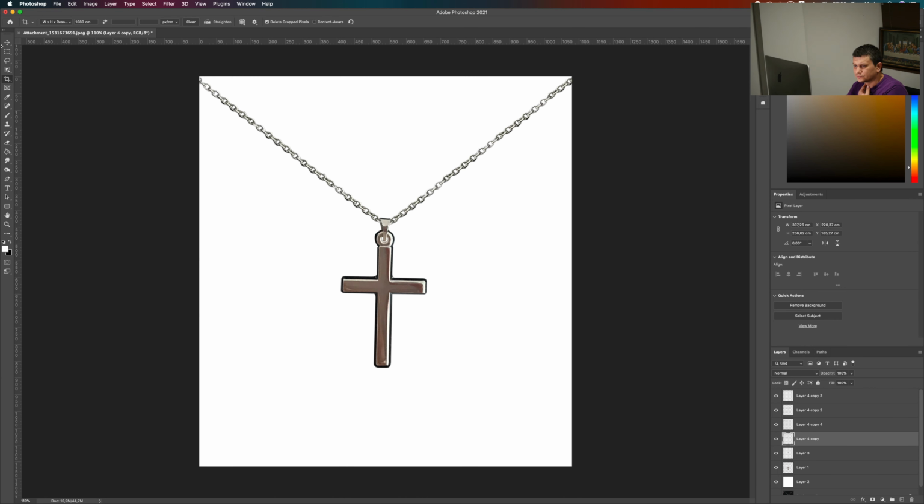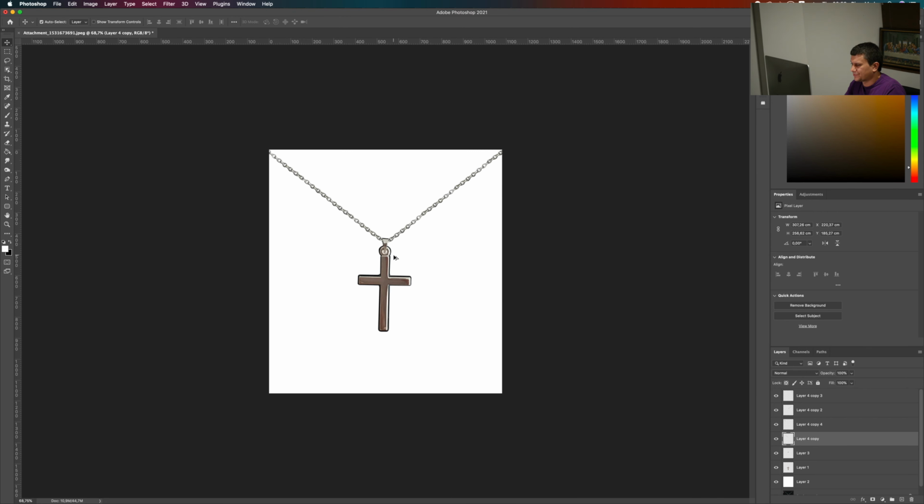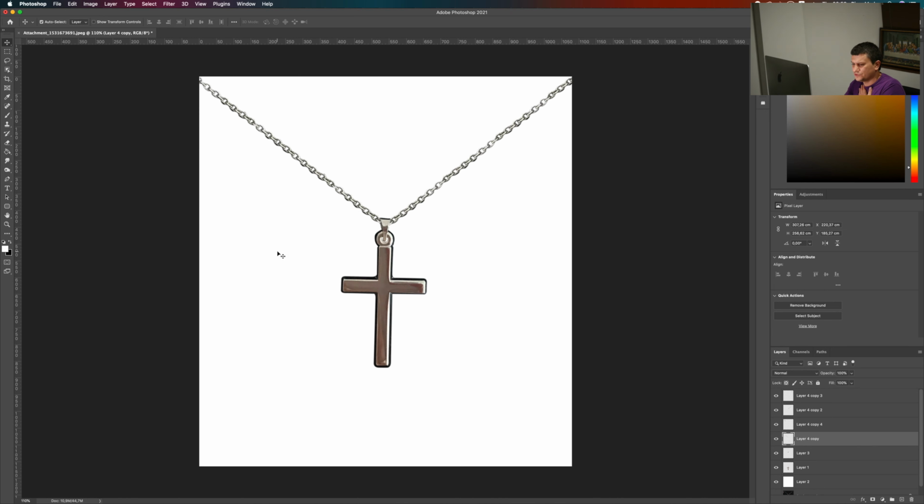Now, as you can see, the image is of poor quality. I think that this is some kind of silver, gold, or maybe rose gold. I don't know. We'll just change the color.